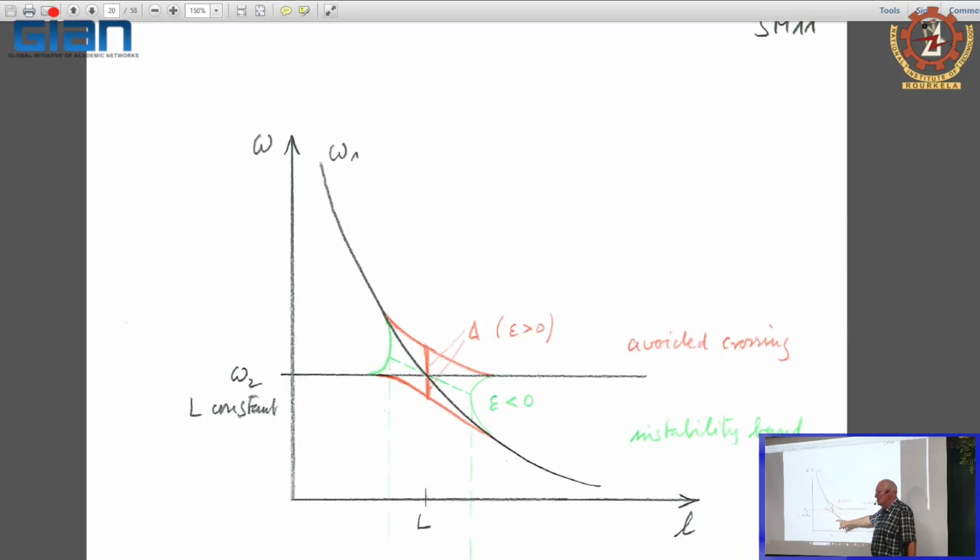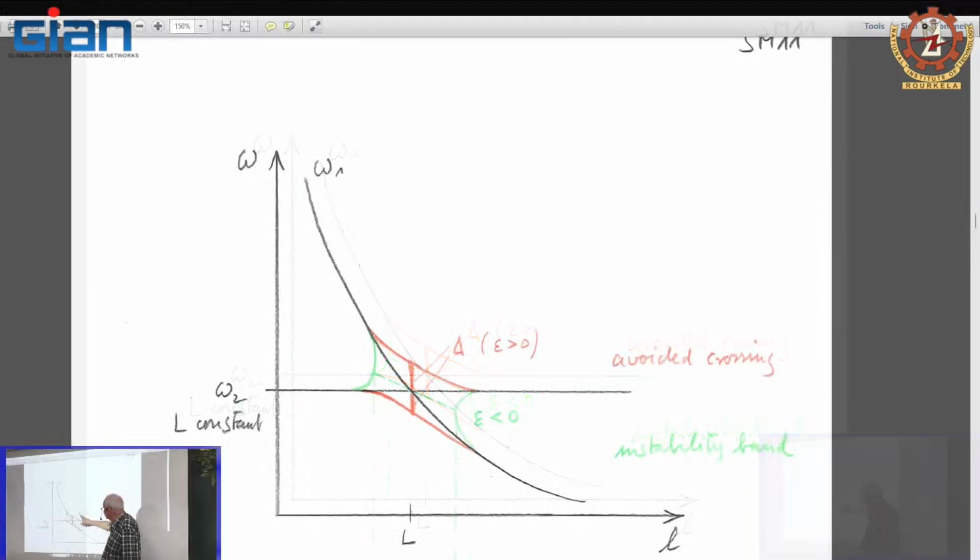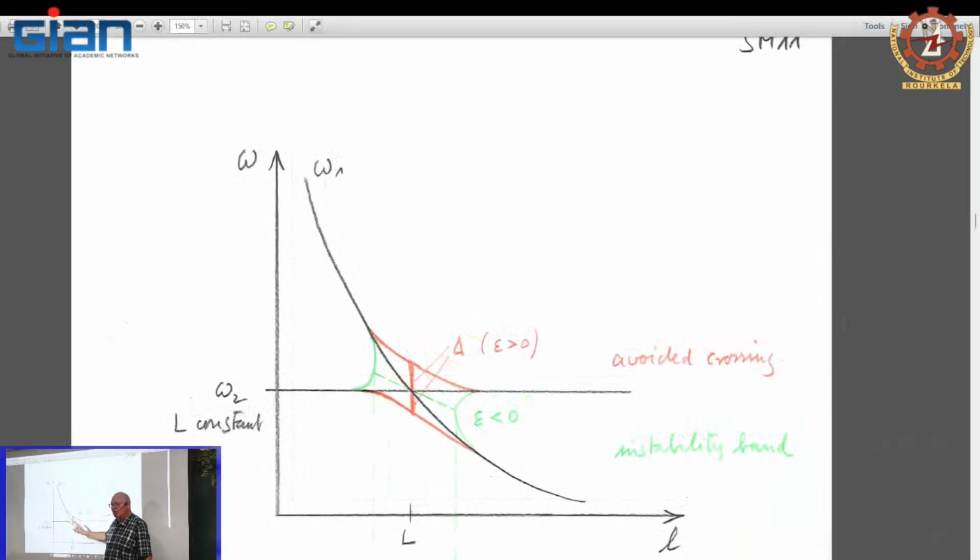And the separation of these two frequencies is exactly delta and controlled by the coupling or by the spring constant. If we artificially would have the case, which is not exactly the case here for the double pendulum, that epsilon is smaller than 0, if, for instance, the spring constant would be imaginary,